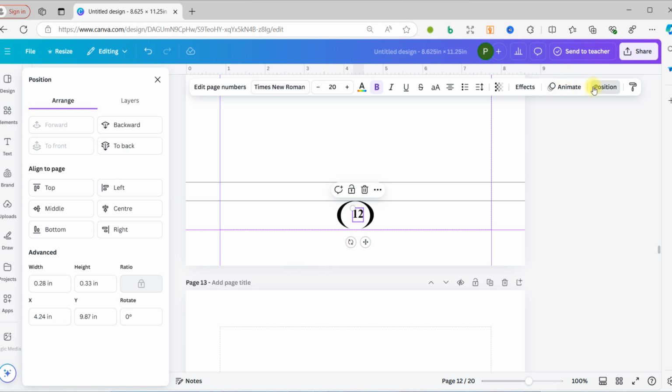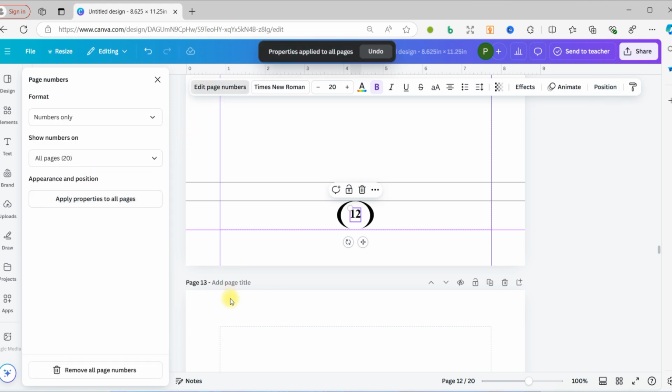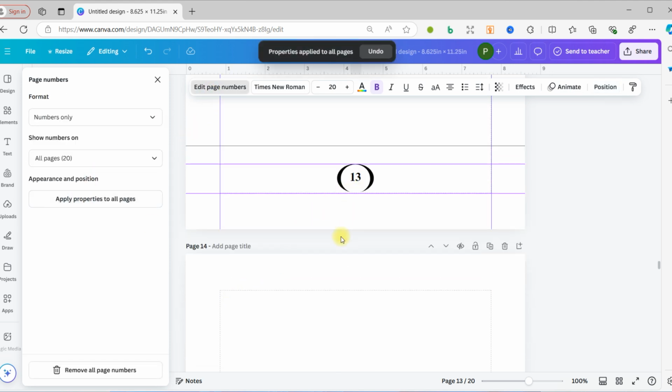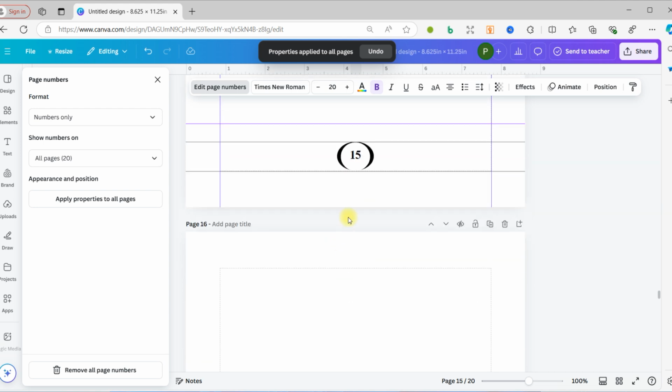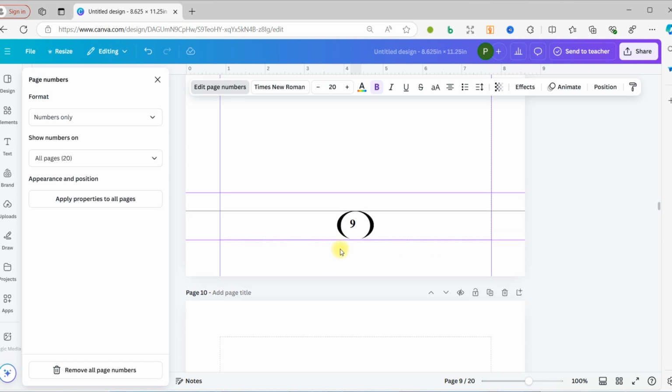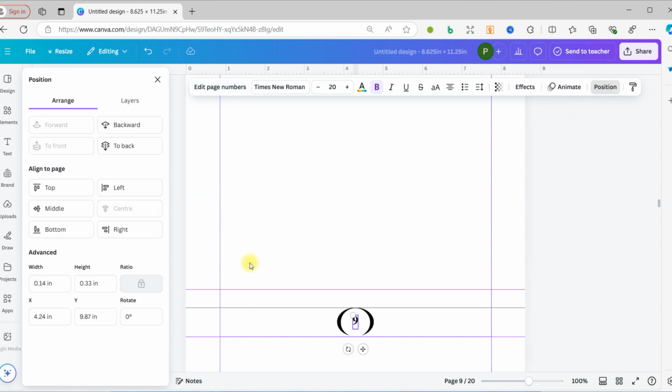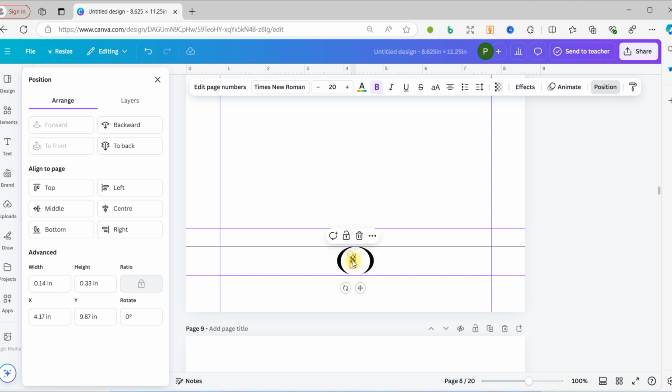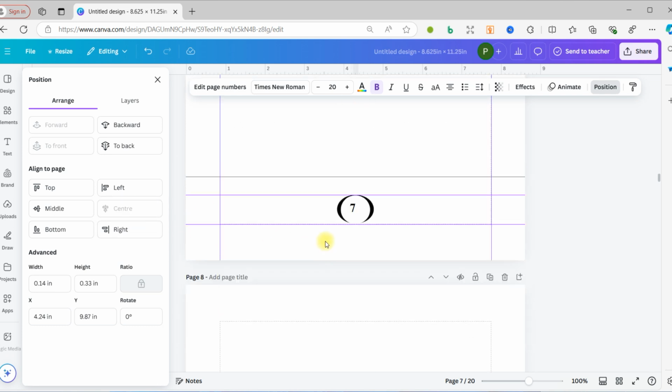If I click centralize now, go to edit number and click apply to all pages, all these two-figure numberings will be well aligned. And when you get to three-figure numbering too, depending on the page length you are doing, they'll all be fine. But let's check all the single numbering. You see that they are displaced now. Since these are few, you can click on each of them, position, centralized,